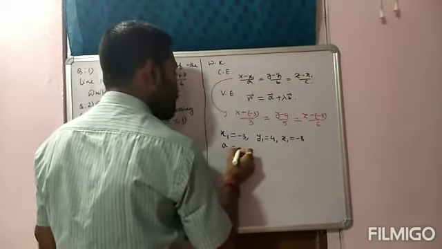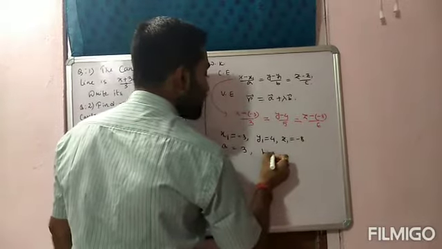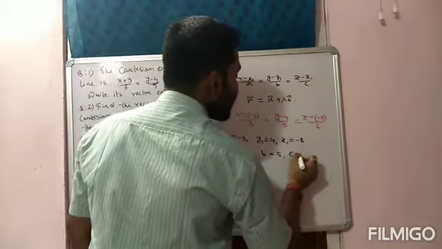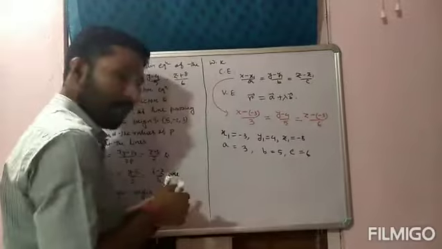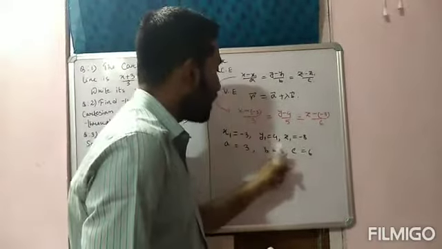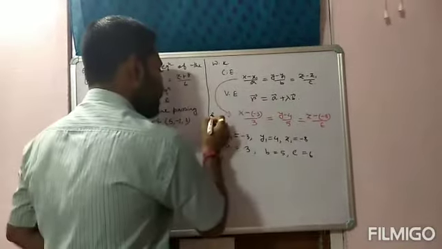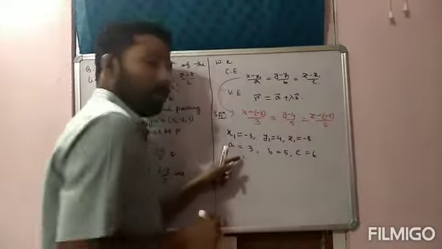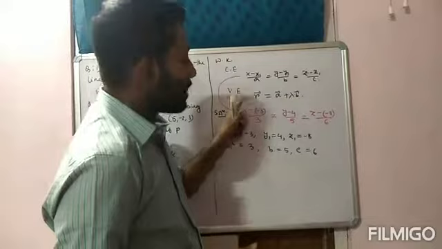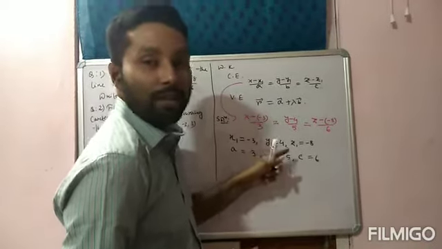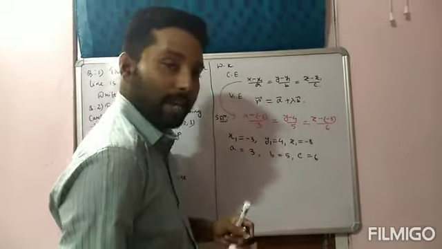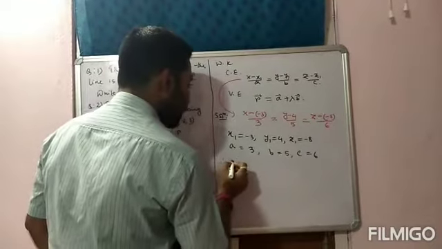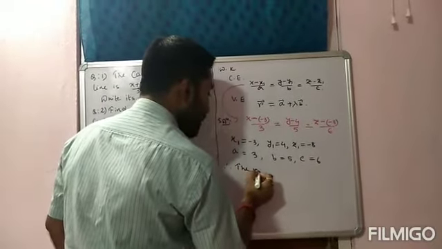Whereas a is equal to 3, b is equal to 5, c is equal to 6. Compare the equation with the standard form and write all the values, that is x1, y1, z1, a, b and c. Okay, this is the solution of question number 1. And then now, therefore, the required